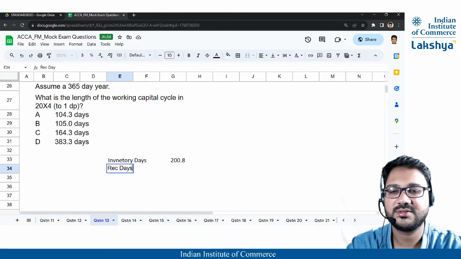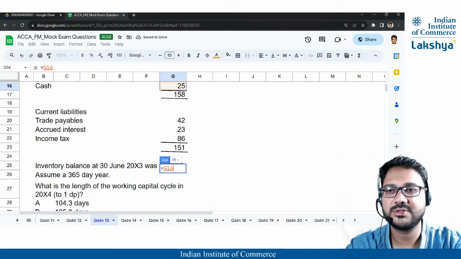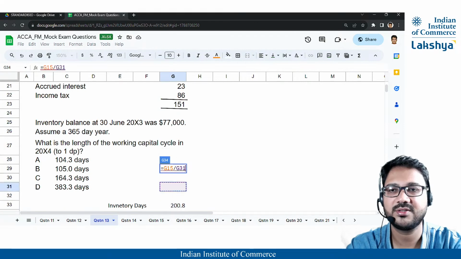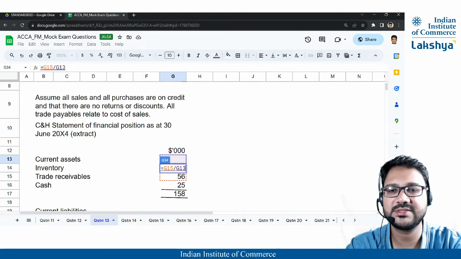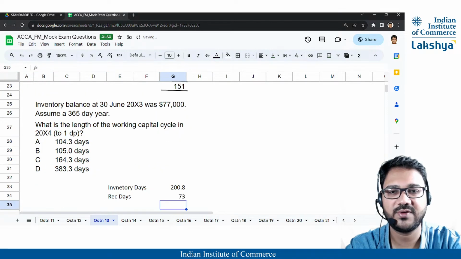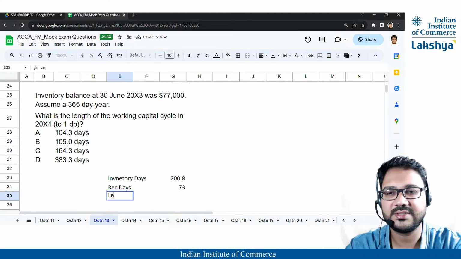Receivable days. Again, receivables is 56 divided by sales, since receivables are valued at sales. Sales, that's revenue, into 365. So that's 73 days, and less